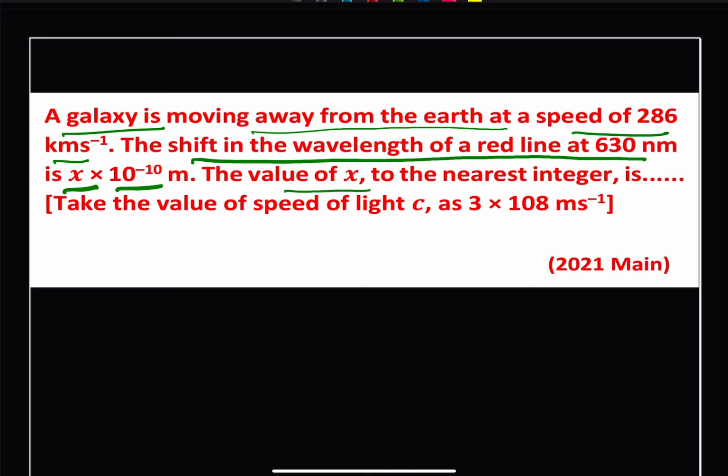The value of x to the nearest integer is, the value of the speed is, this is our 8. And the shift in the wavelength is given as,